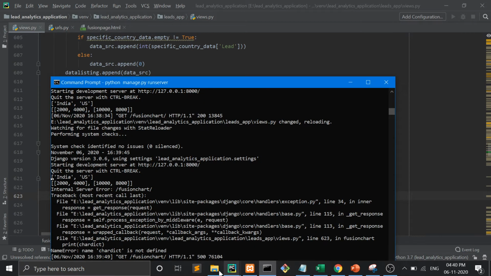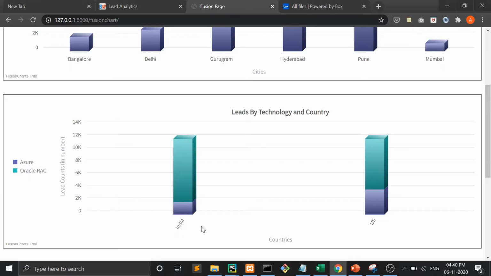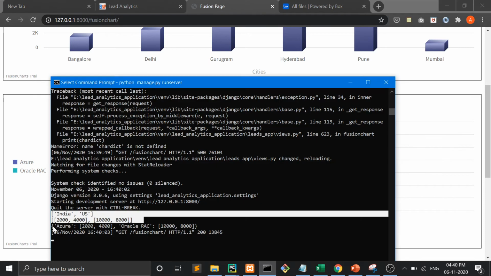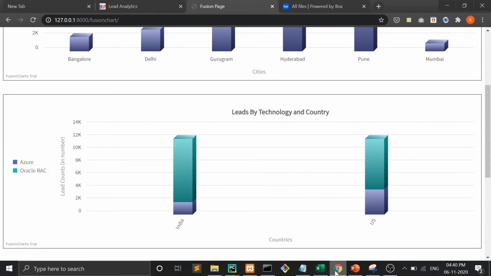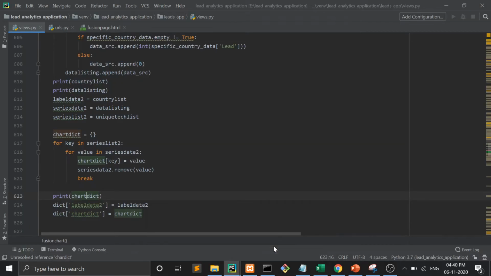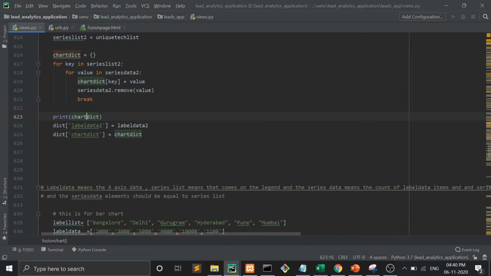Again we will refresh it. Yes. Now see here. First of all, I got these two lists. I have converted these two lists into a key value pair, and now I am going to show you what next. I will pass these two parameters here.